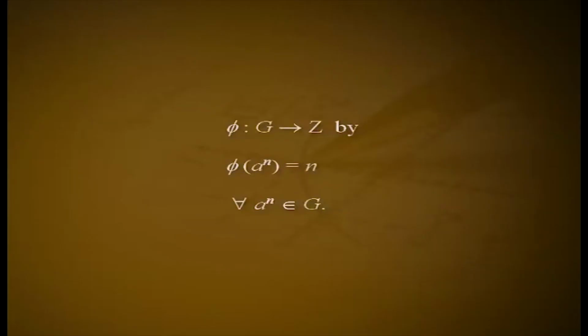Proof. Since G is cyclic, it has a generator, say a. Use multiplicative notation for the operation in G. Thus, G is equal to the set a raised to n such that n belongs to Z. In other words, each element in G has the form a raised to n for some n belonging to Z. It can be shown that the elements a raised to n of G are all distinct. That is, a raised to n is not equal to a raised to m if n is not equal to m. Step 1. Define phi from G to Z by phi of a raised to n is equal to n